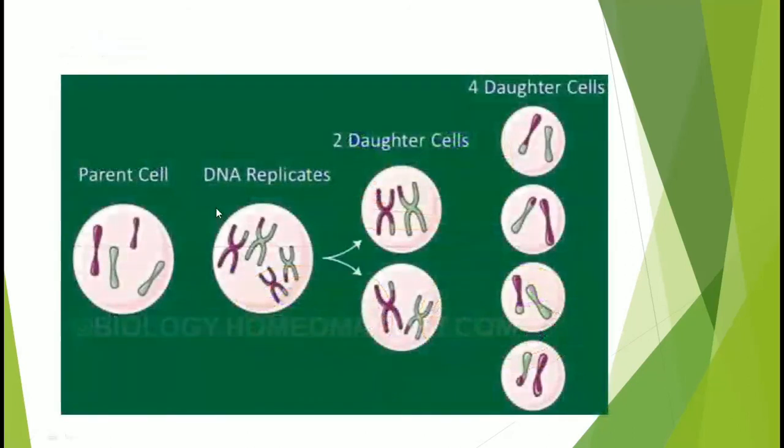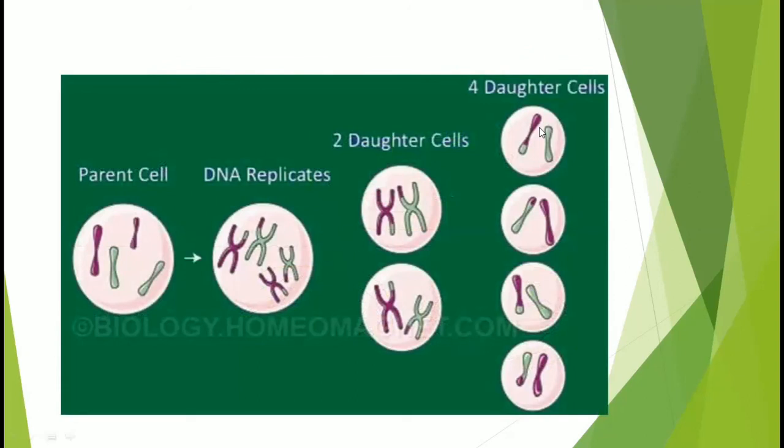These are your parent cells. Then here you have DNA replication. Then you see the two daughter cells. That means two daughter cells are formed, and again daughter cells come like this. These are the two types of cell division, mitosis and meiosis. Here in meiosis, the first stage is just like mitosis. It has four stages, and two haploid daughter cells are formed.